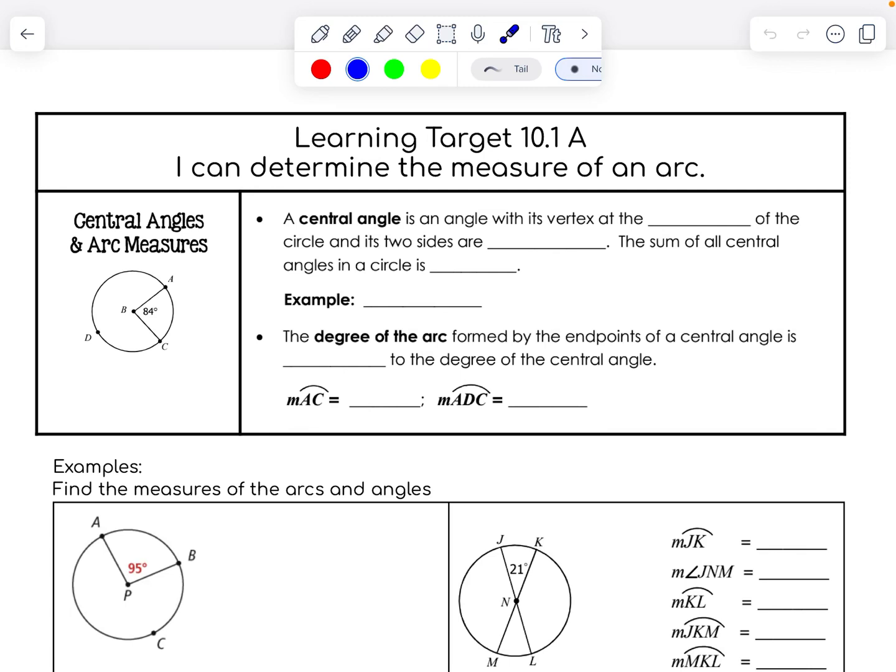Hey guys, welcome to Circles topic, learning target 10-1A. I can determine the measure of an arc. Okay, so to be able to do this, we kind of have to talk about a couple things we've already